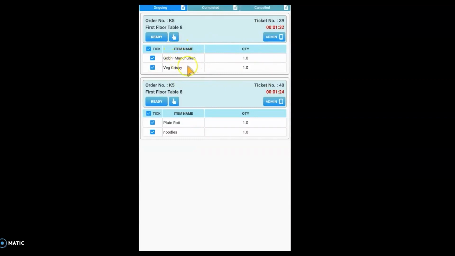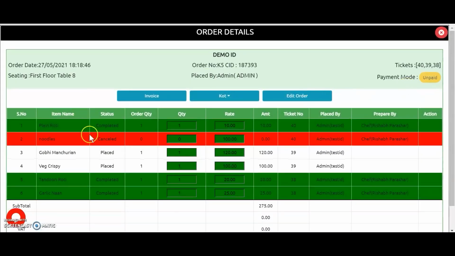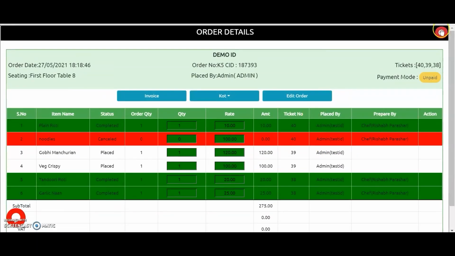Suppose any item like noodles is unable to be made, we simply untick it and click ready and yes. Here, if we double click, it calls the delivery person for pickup. So the delivery boy will come for pickup. One more thing, from here we can call the person who has given the order to confirm anything. Now here, in details, you can see everything, including which orders the chef has cancelled. Here you can see all the details are automatically displayed.